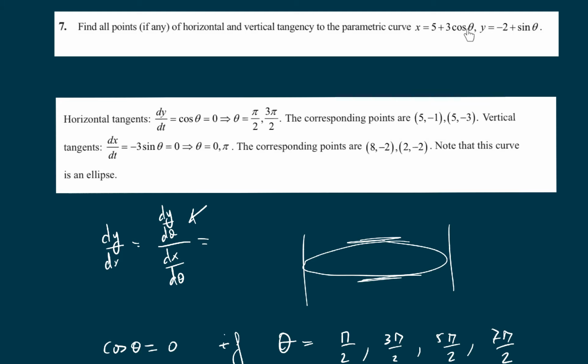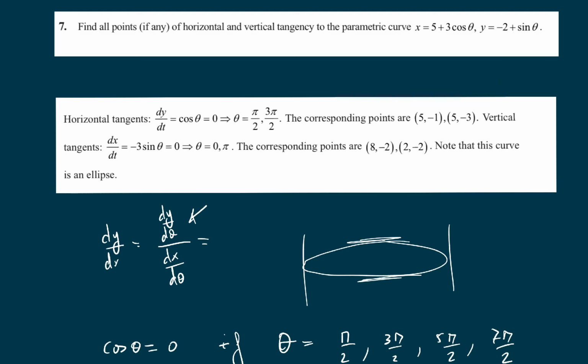So when theta equals pi divided by 2, cosine of pi divided by 2 is 0, so x is 5. And sine of pi divided by 2 is 1, so y is minus 2 plus 1, minus 1. So the point for theta equal pi divided by 2 is x equal 5 here, and y is minus 2